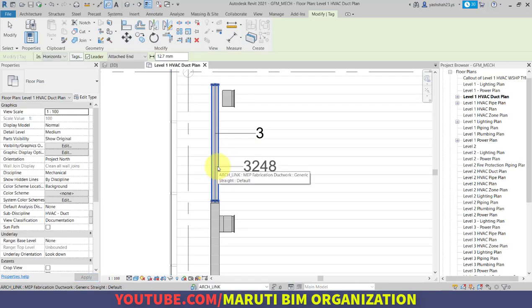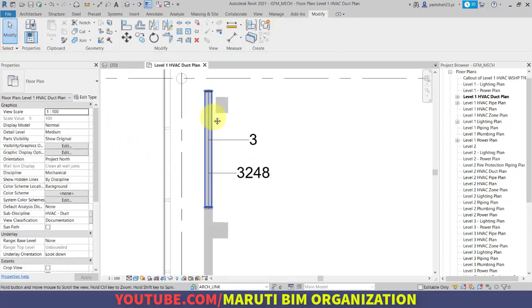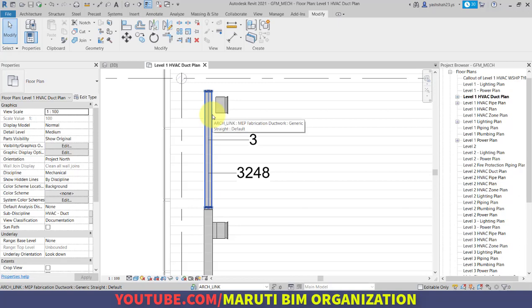So as you can see, duct length is about 3248 millimeter. Okay, and we will do the same approach for the bottom of the duct as well.